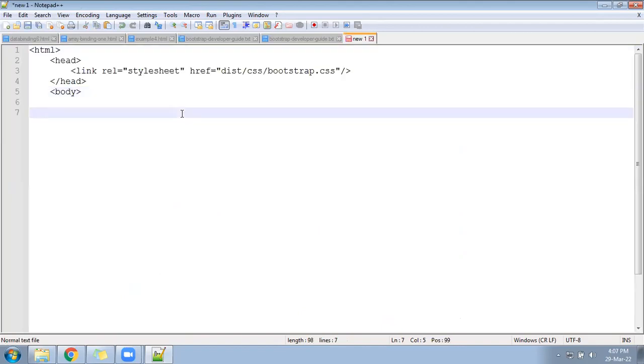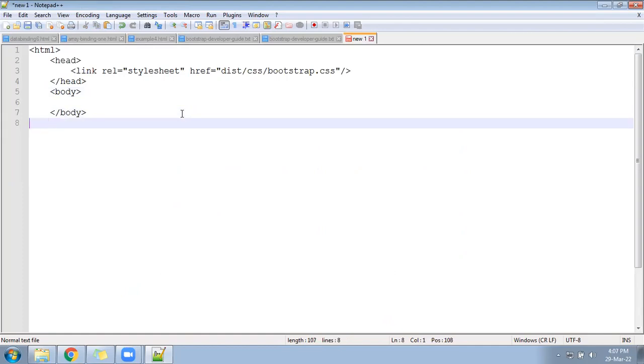Start with the body and inside you can follow the HTML. Save the file, example5.html.